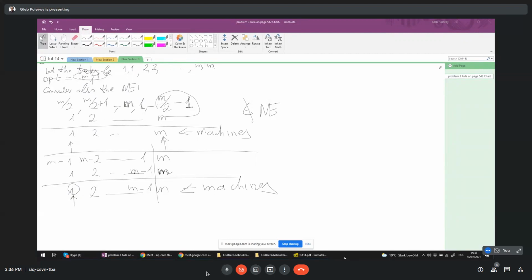Yes, we want to make sure it's an equilibrium. How do we check? Let's see which task would like to change. If there is someone who wants to deviate, who would be the first to deviate, so to speak? Who definitely would like to deviate? Probably the person grouped with M, right? Right. Actually, someone who sits here.